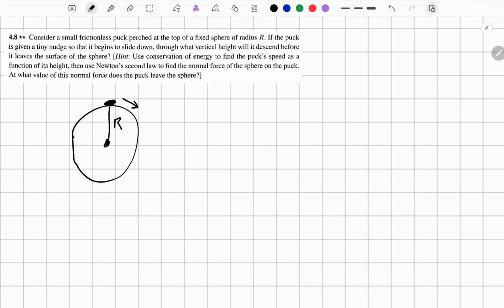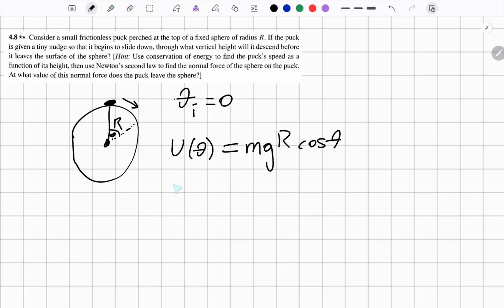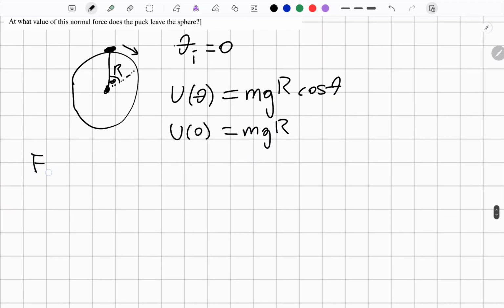So what we're going to start by doing here is finding our potential energy function. And if we measure theta going down from here, that's going to be our theta. Our initial theta is going to be 0. Our potential energy as a function of theta is going to be mgr cosine theta. Our initial potential energy with theta as 0 is just going to be mgr. And we know that by the conservation of energy, our initial energy is going to be the same as our final energy,